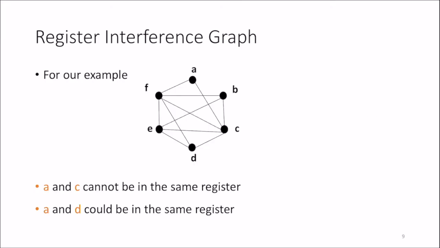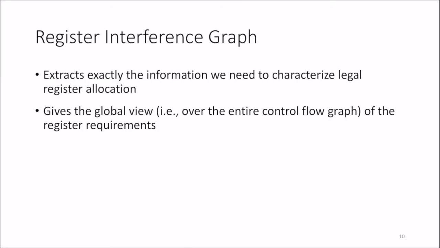So in this example, A and C cannot be in the same register, but A and D don't have an edge between them, so they could be in the same register and it's fine. So the register interference graph extracts exactly the information we need to characterize a legal register allocation,